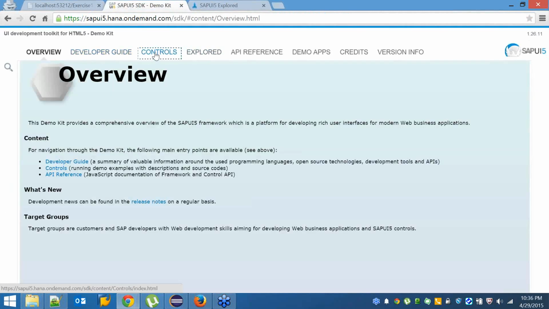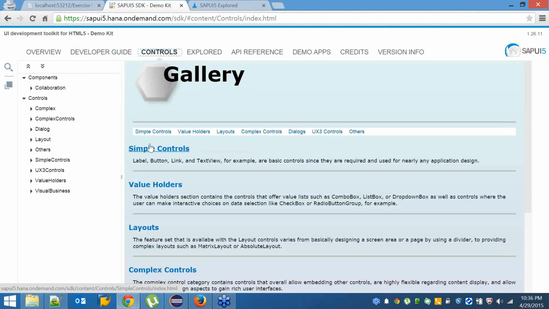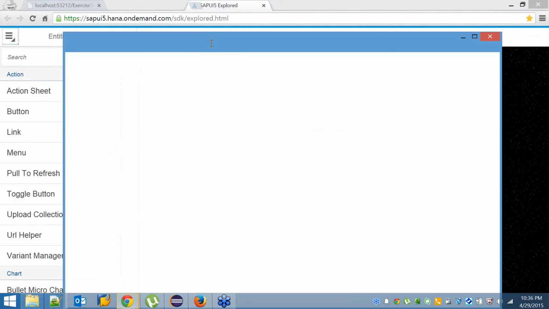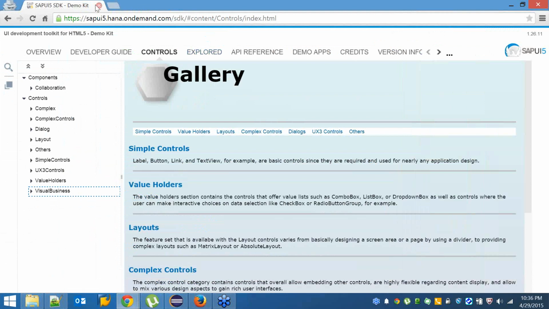Now previously I have shown you this controls option, wherein you can find these controls and the constructor summary and example to do the same. So these controls, whatever you are seeing here, are JavaScript controls. You have one more section called explore. In this explore section you basically find the information on